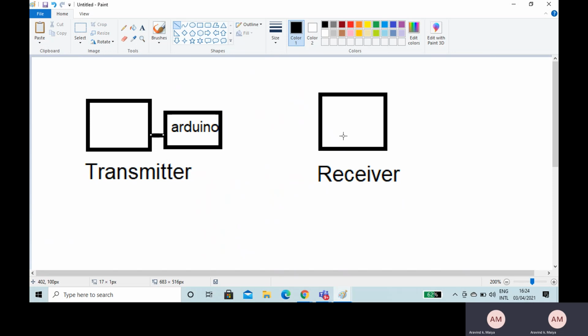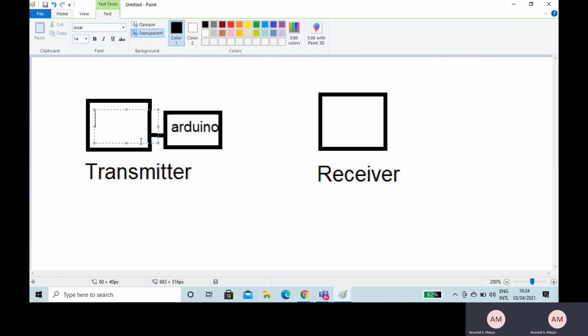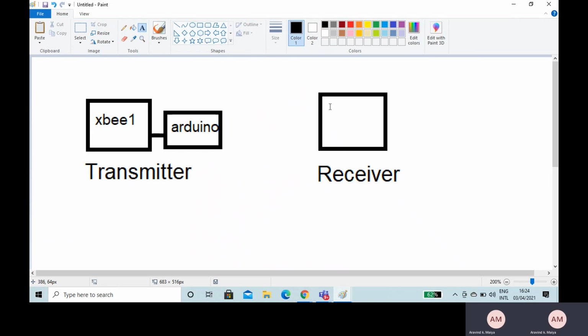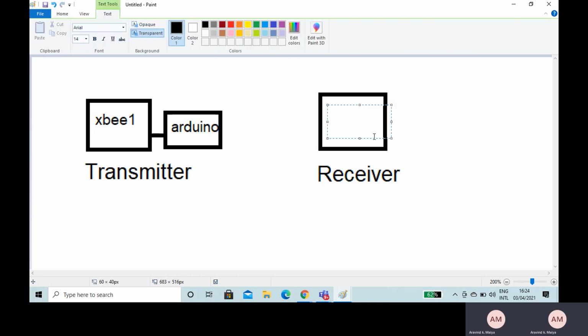The transmitter is basically an XBee device, so we use this as XB1. And similarly, this is the receiver, which is XB2.